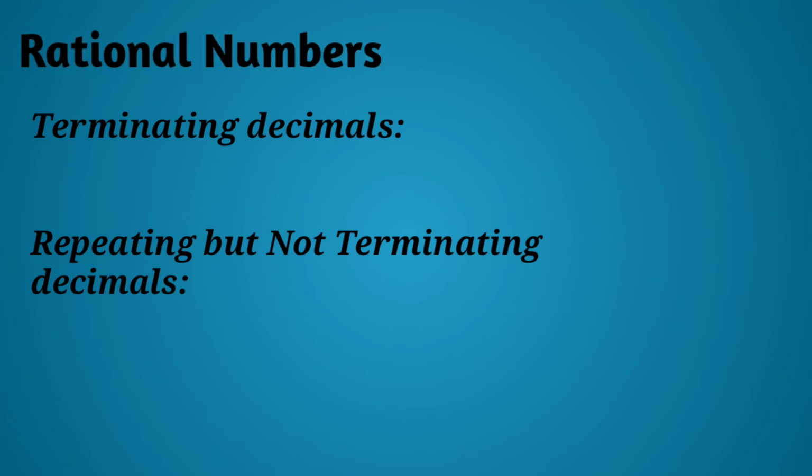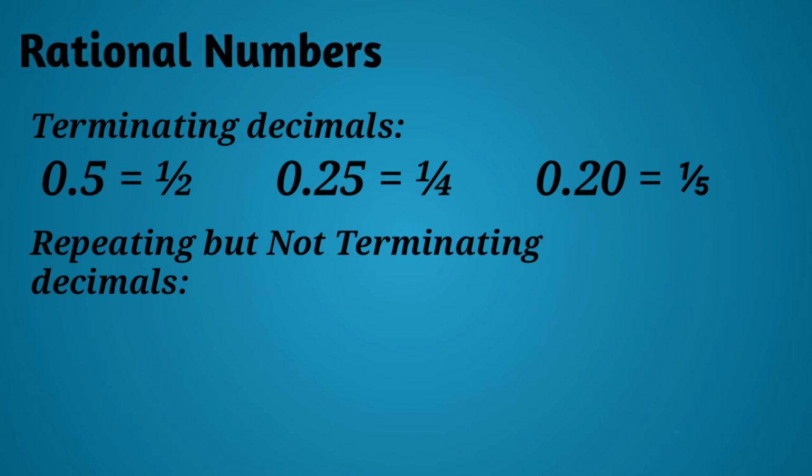Examples of decimals that are terminating are 0.5. 0.5 is equal to 1/2. 0.25 is equal to 1/4. 0.20 equals 1/5. Some examples of decimals that are repeating but not terminating are